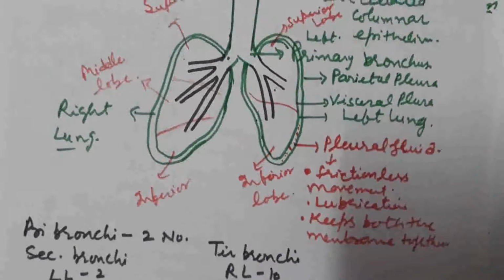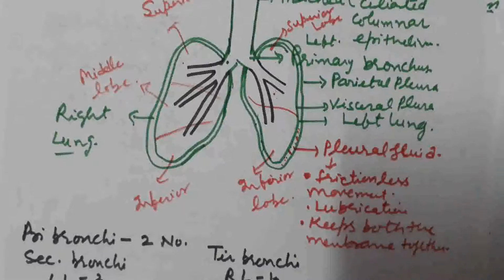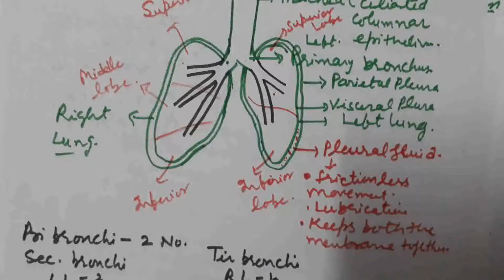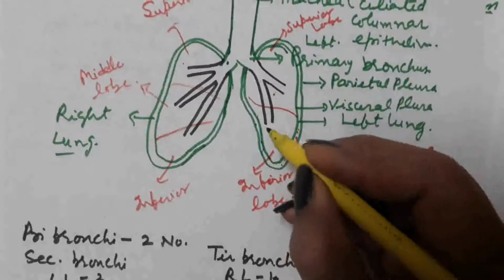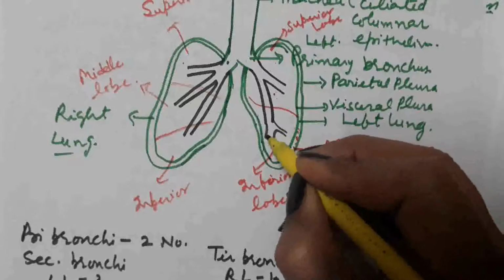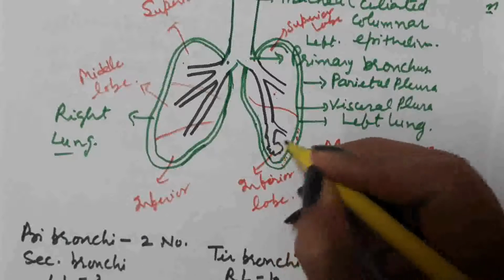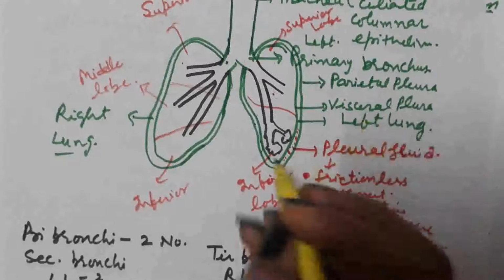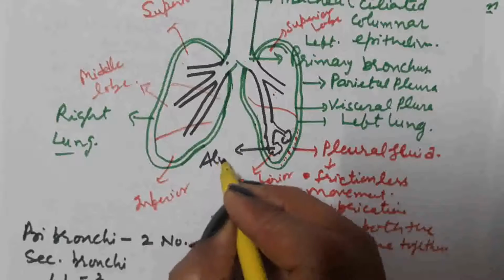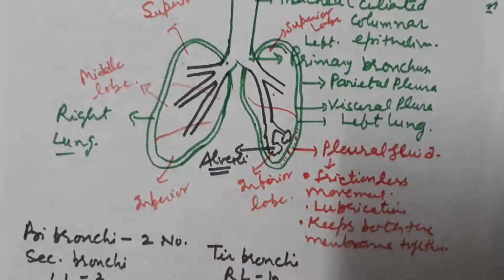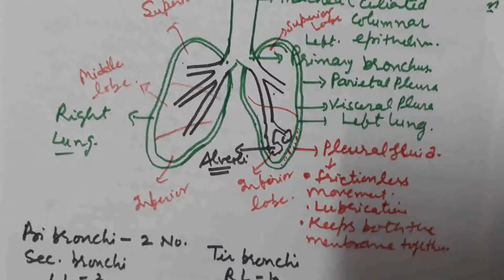In this way, bronchial network is present inside the lungs and what we call it is the bronchial tree. In the last, there are balloon-like structures, what we call alveoli. Alveoli are the site of respiration, that is the exchange of gases. Around the alveoli there is a network of blood capillaries. So exchange of gases takes place between the alveoli and the blood present in the blood capillaries.